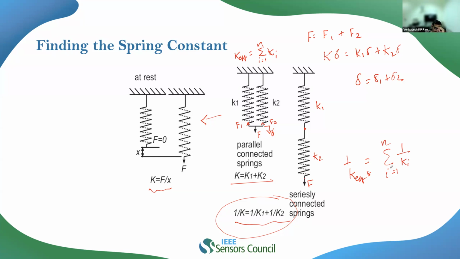So in general, this is the expression. What I mean to say is that if we connect the springs in series, the effective stiffness of the system will be much smaller than the